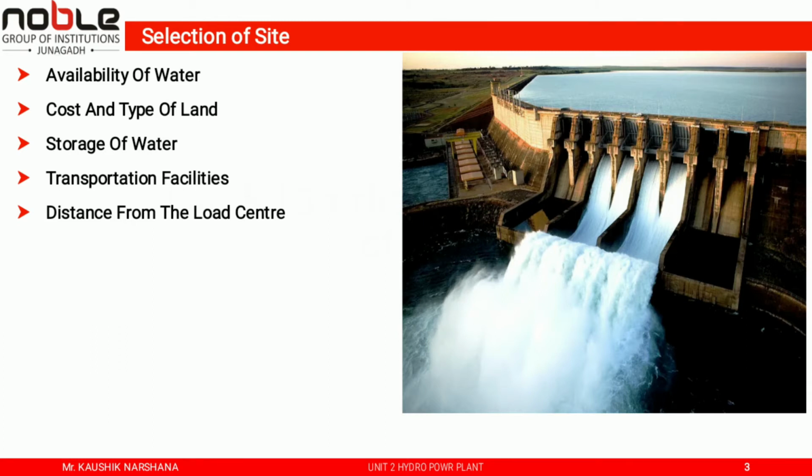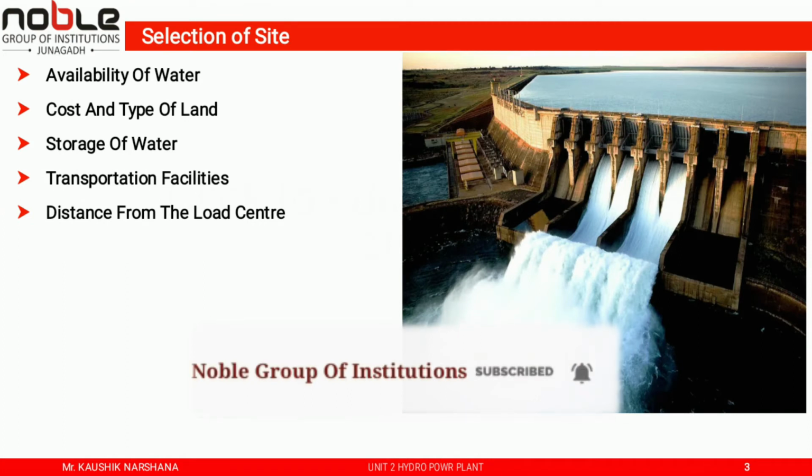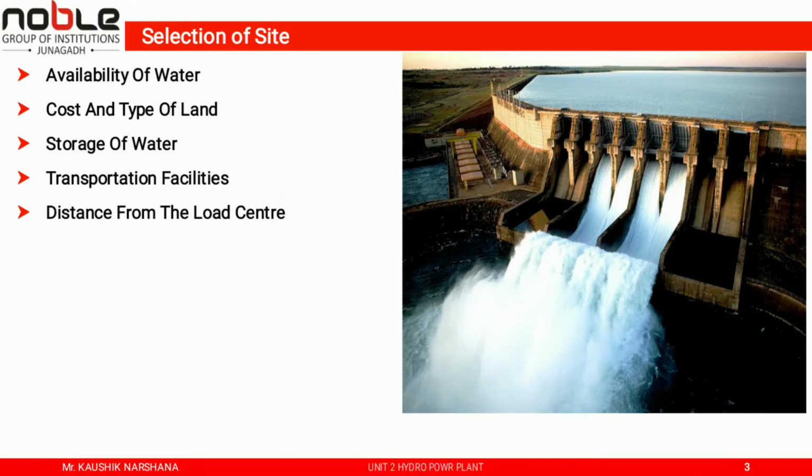Again, sites should be selected such that the length of the dam becomes less, so the cost of the dam is reduced. A heavy foundation is required for the dam, so the land should be such that good hard rock bottom is available at a reasonable depth. Sites should be accessible and there should be facility of an approach road. If not, this should be constructed, as a large amount of sand, cement, steel, etc. should be supplied to the site.